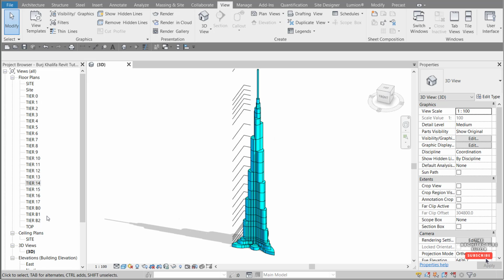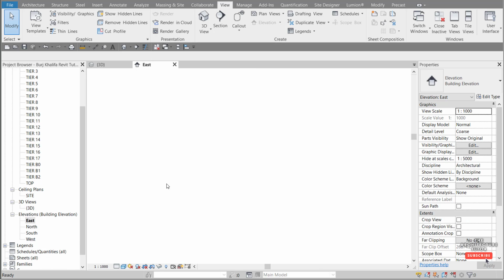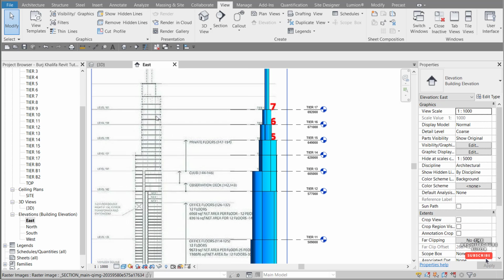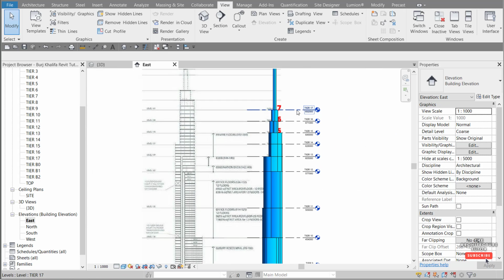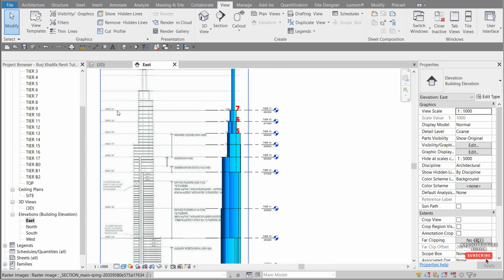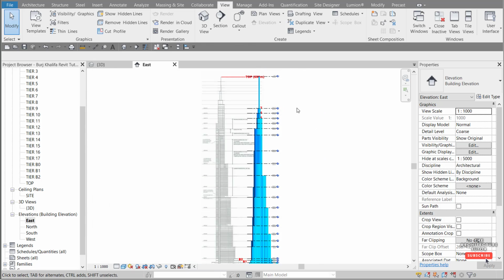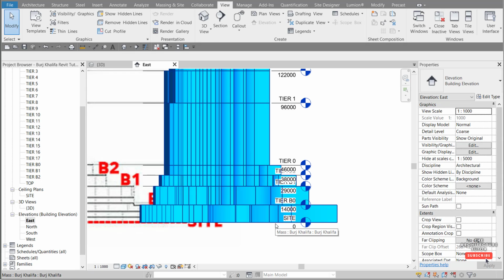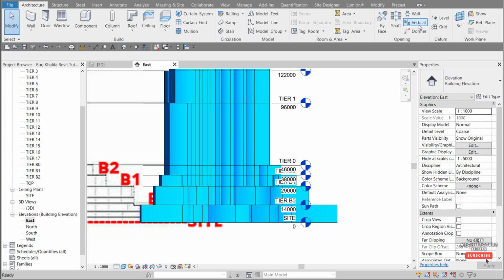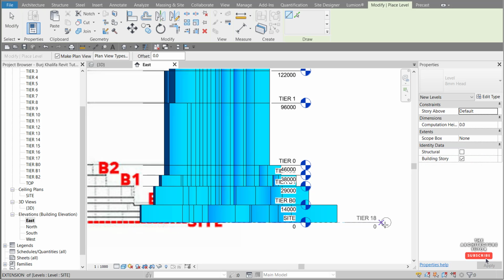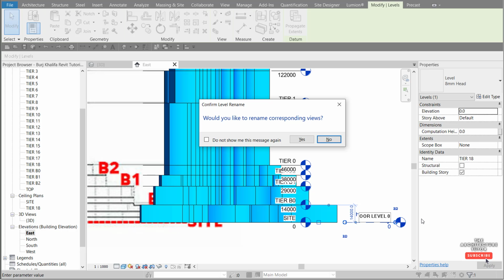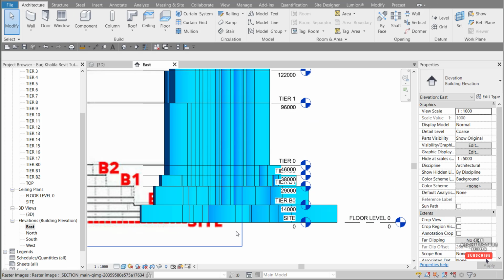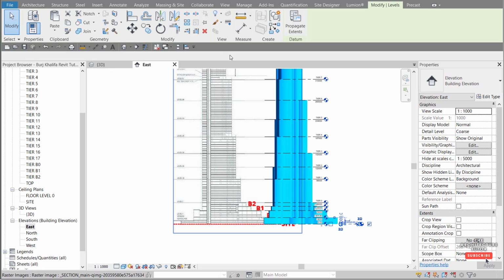So if we go to elevation, let's go east elevation, and let's say there's 163 levels up to here, as an example, or let's say 160 up to there. We can come down here and add a new level. So if we go architecture level, and let's just click out here like that and call this, these are actually the floor levels. So floor level 0, like that. And then if we select this, we can go array,